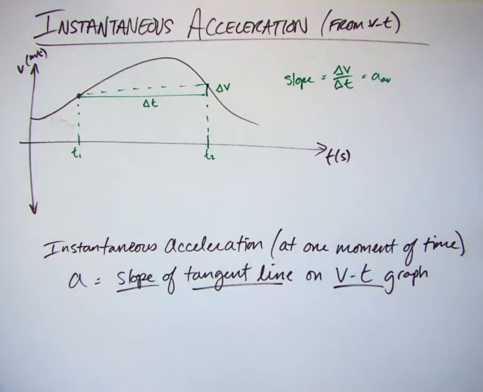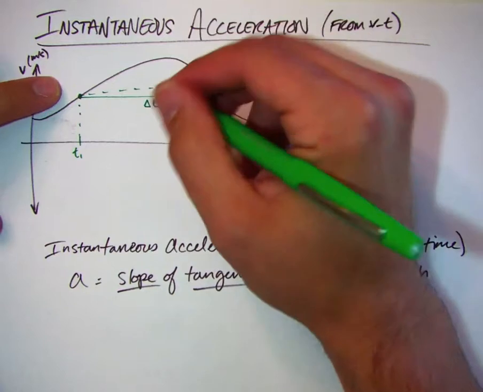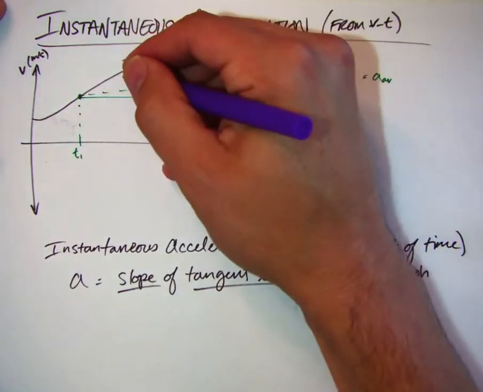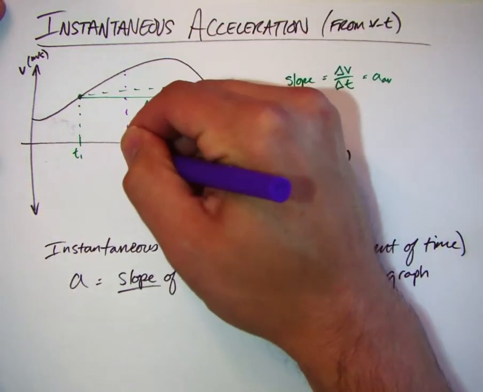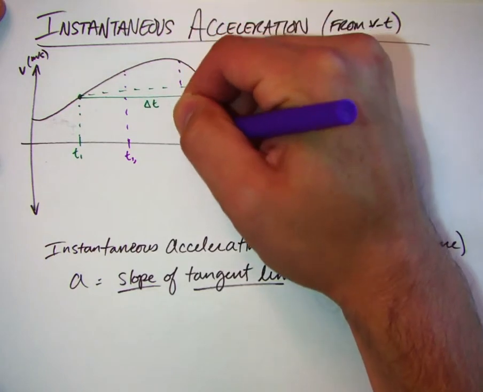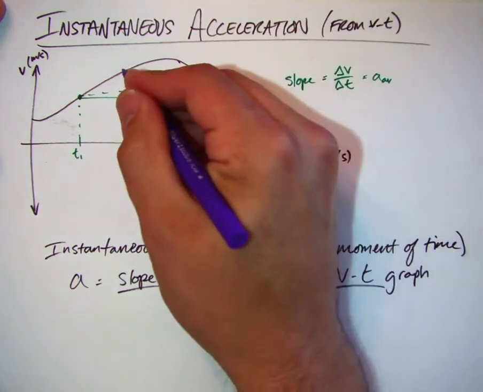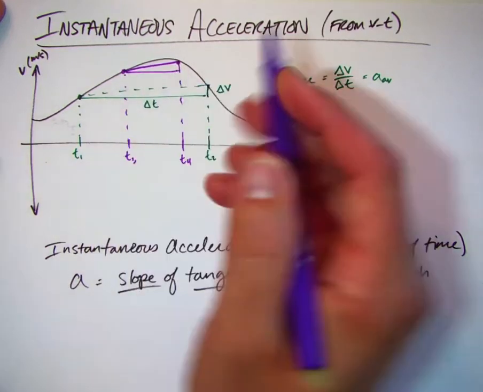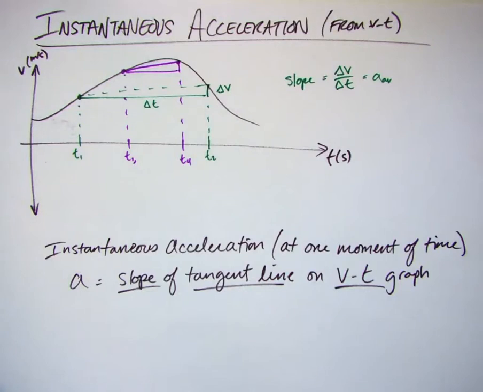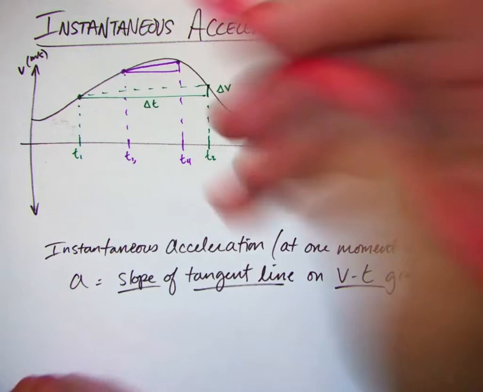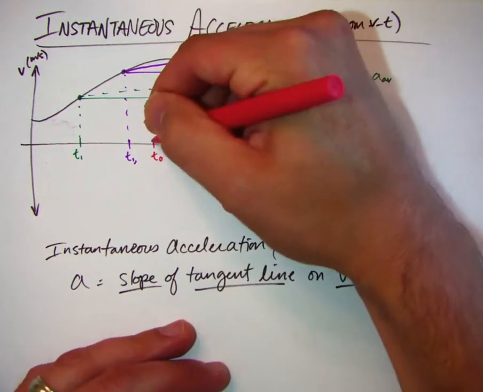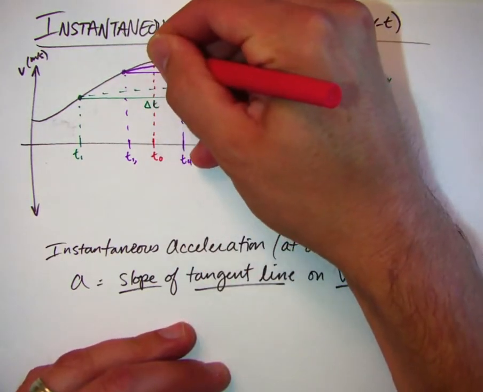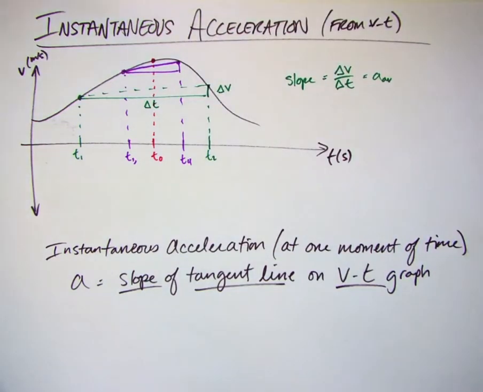Okay. Now, as I bring these two time events closer together, so let's say time 3 and time 4, so connect these with a solid line. Again, I would find the slope of the line that connects them to find my average acceleration. But if I were to look at a single point in time, let's say t naught, and I want to know what's the acceleration at that point in time, what I'm going to do is,